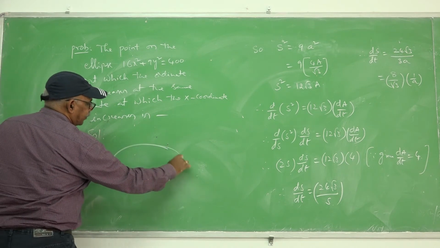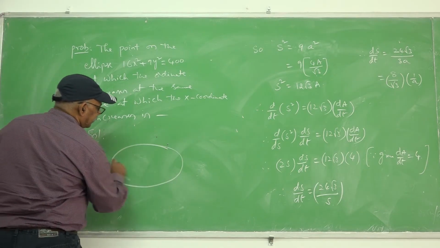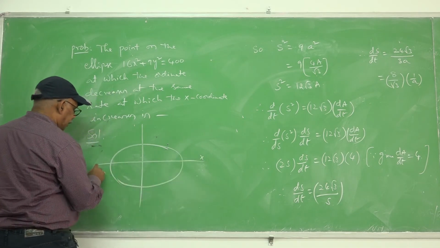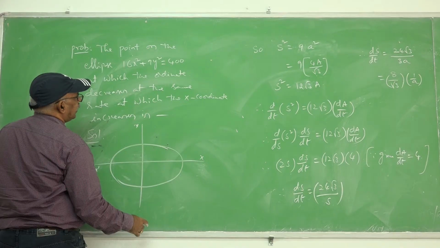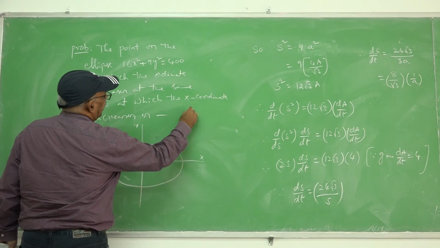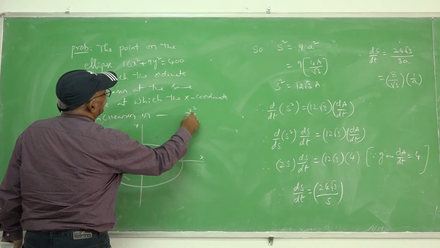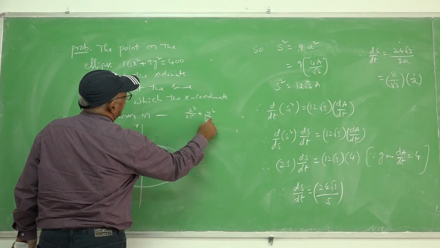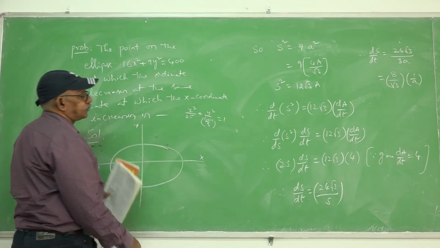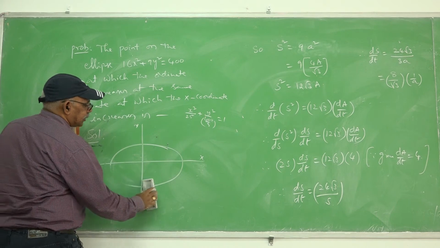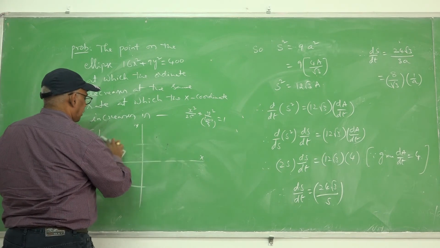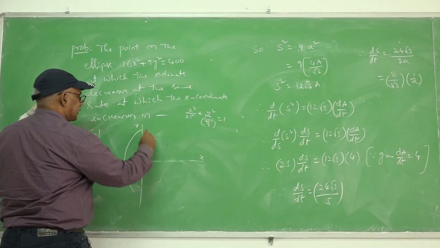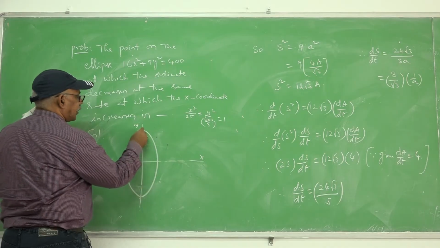Let us take an ellipse whose major axis is along x axis and minor axis is along y axis, of course. This is x square by 25 plus y square by 400 by 9 equal to 1. So, the ellipse's major axis is along y axis because B is more than A. The figure is like this. This is our ellipse.